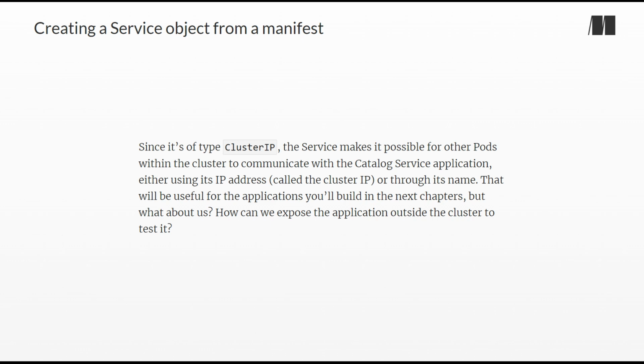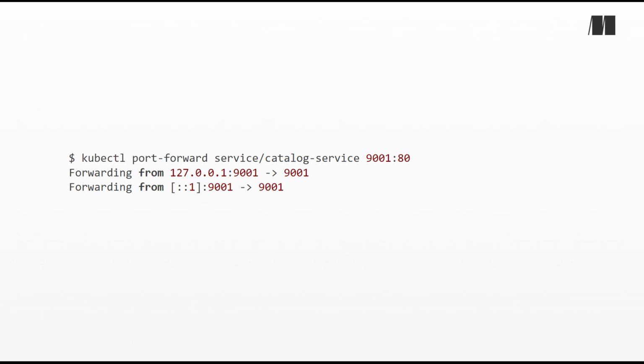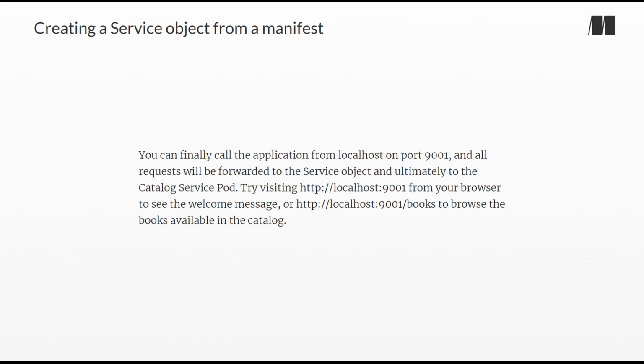But what about us? How can we expose the application outside the cluster to test it? For now, we'll rely on the port forwarding feature offered by Kubernetes to expose an object, in this case a service, to a local machine. You did that already in Chapter 2, so the command should look familiar. See this code. You can finally call the application from localhost on port 9001, and all requests will be forwarded to the service object and ultimately to the catalog service pod. Try visiting localhost 9001 from your browser to see the welcome message, or localhost 9001 books to browse the books